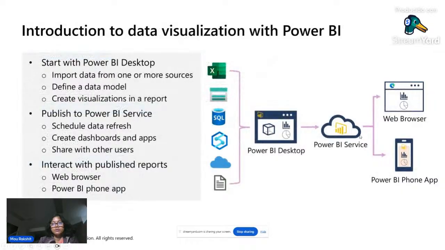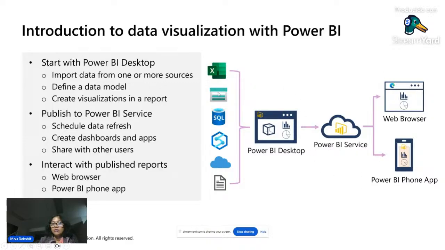And you can publish those to Power BI service. And Power BI service, you can consume it through the web browser, or you can also consume it through the Power BI phone app. So Power BI is your visualization tool. Desktop is the desktop client. Service is on the cloud. Like you can publish it to the service and then consume it through the browser. Makes sense?